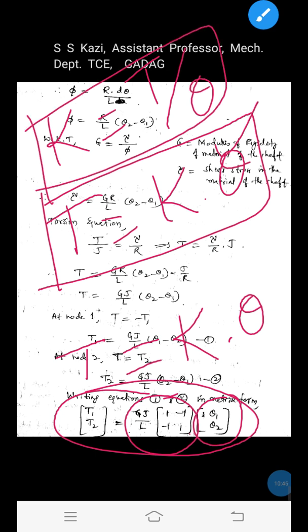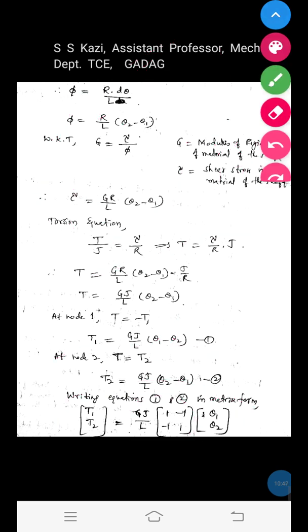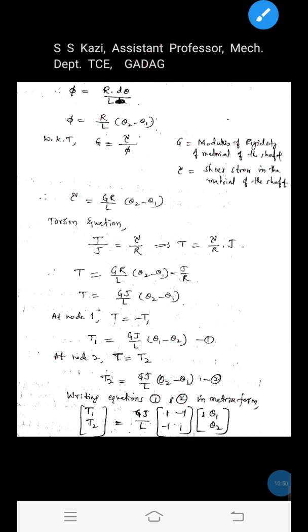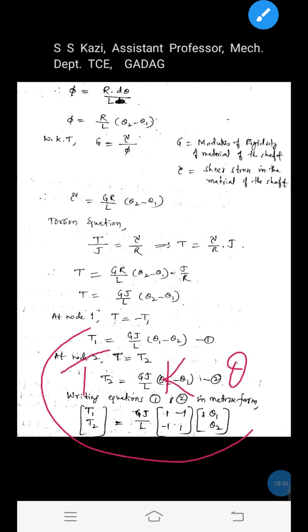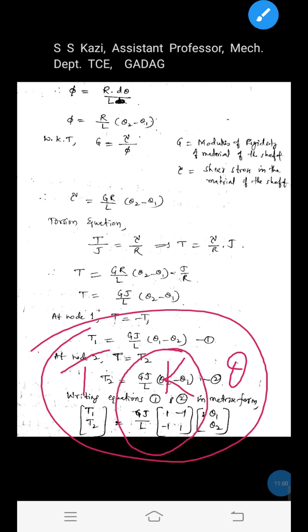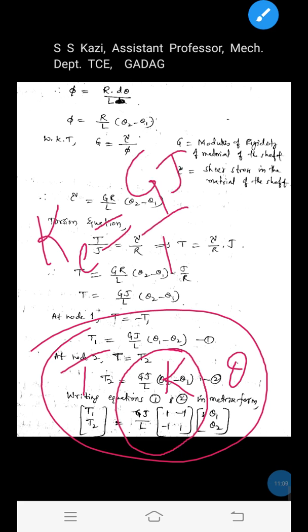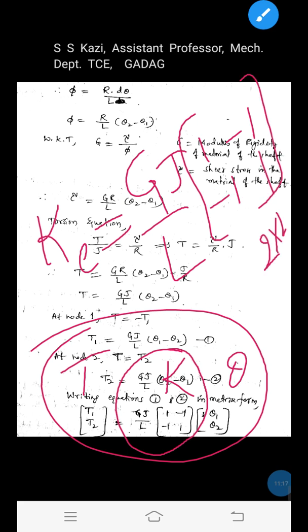Okay, in this equilibrium equation we got K into theta is equal to T. Here K into theta is equal to T. In this equilibrium equation we got the torsional stiffness matrix for a shaft element. Hence the torsional stiffness matrix for a shaft element is given by GJ by L into [1 -1; -1 1], and the order of the stiffness matrix, you can observe here, is 2 cross 2,